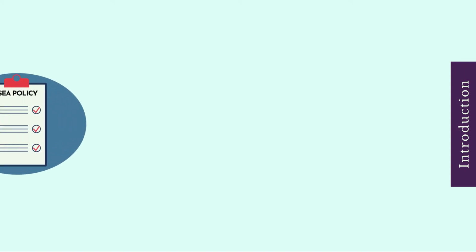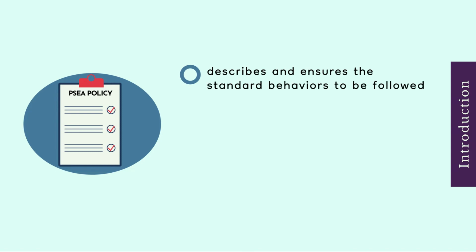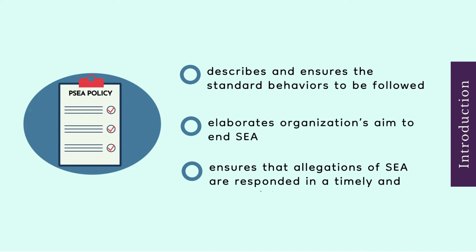An organization must develop a policy that describes and ensures the standard behaviors to be followed by the organization's staff and representatives that will prohibit sexual exploitation and abuse (SEA) while working with the communities. Such a policy, the protection from sexual exploitation and abuse (PSEA) policy, must have 5 components that elaborate the organization's aim to end sexual exploitation and abuse by their affiliates and ensure that allegations of SEA are responded to in a timely and